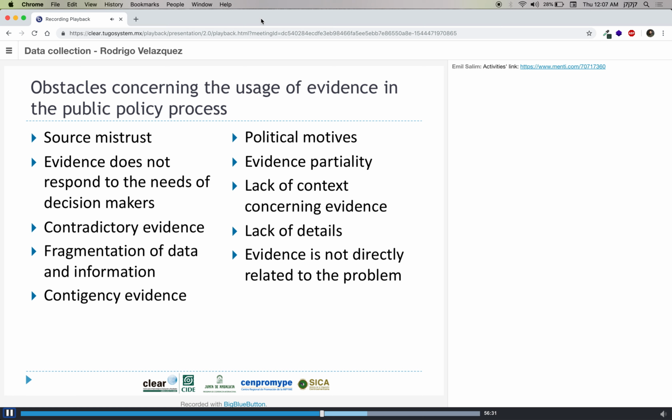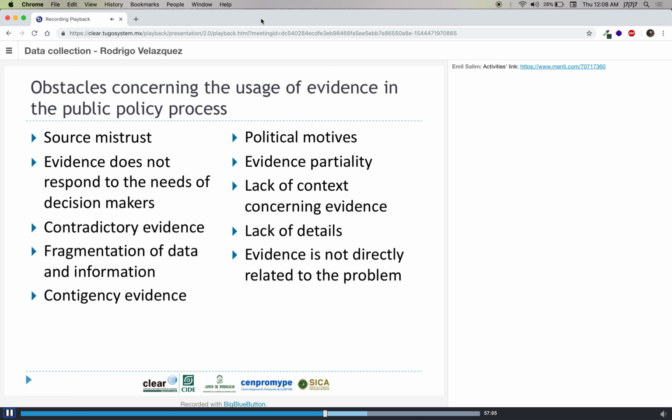And another thing has to do with contingency evidence, and this has to do with the fact that this is not representative, because maybe we can show evidence of, for instance, a government program, but maybe this was related to a very specific period of time. So of course this is not representative. The solution or action that is being taken into account maybe happens in a very particular context that of course is not going to happen again. So this leads to the fact that this is not representative.